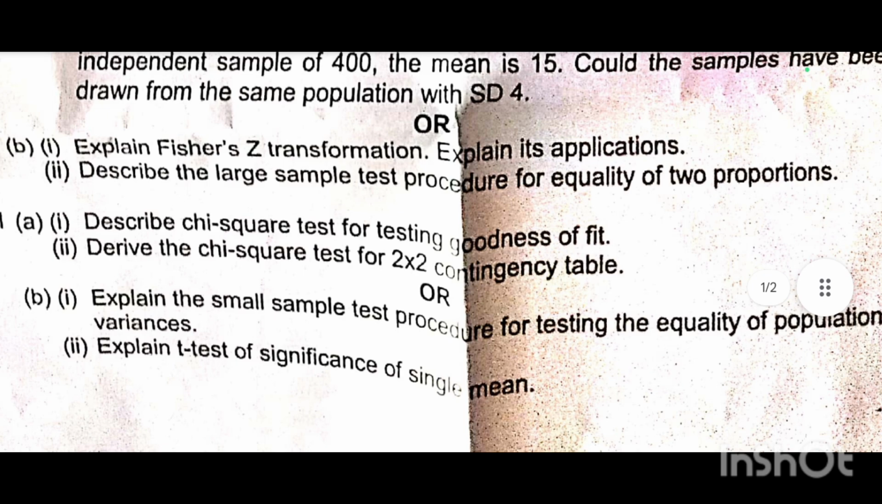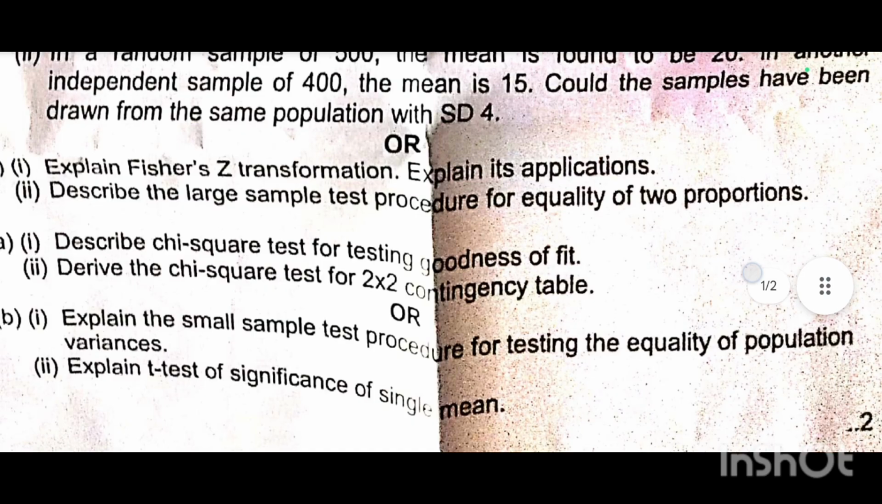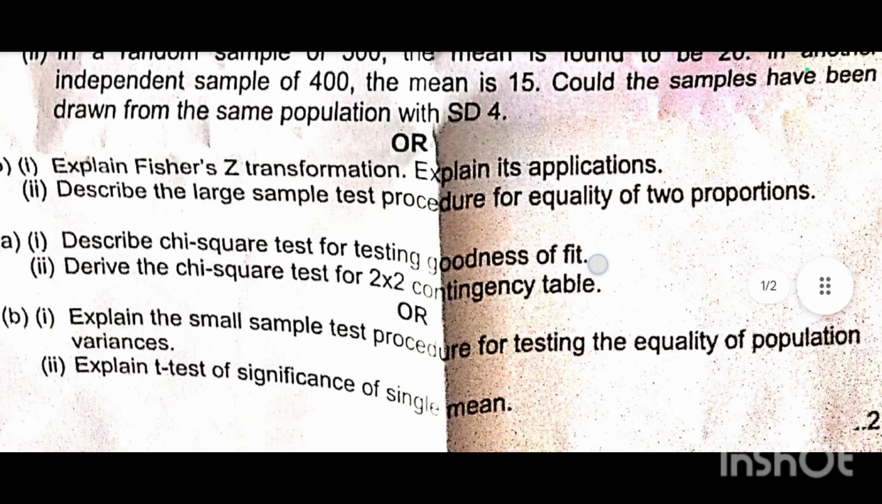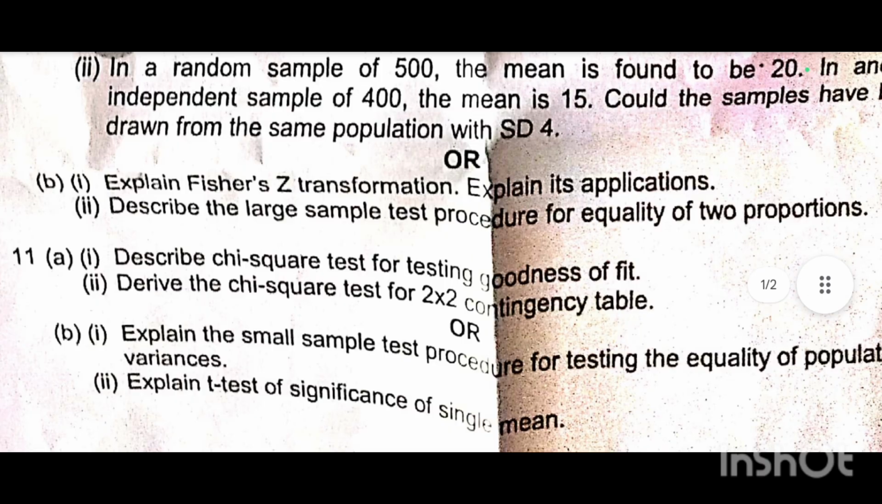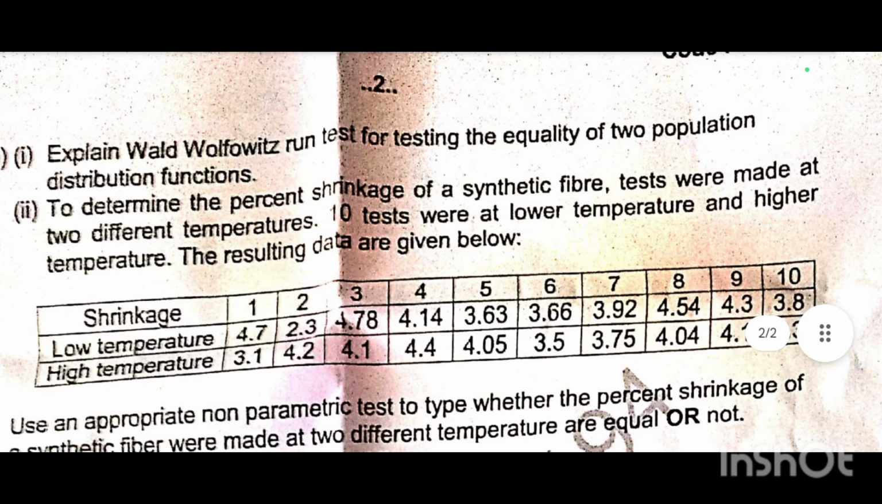Explain the small sample test procedure for testing the equality of population variances. Explain t-test of significance of single mean. Very important, and a previous year's question paper question, this one. Next, in continuation, explain the Wald-Wolfowitz run test for